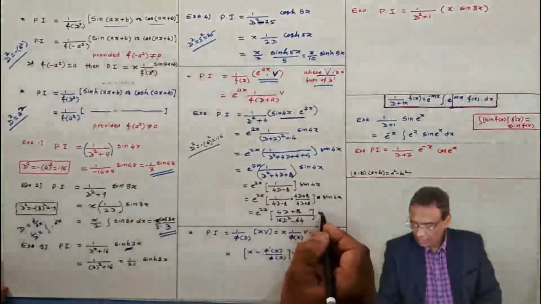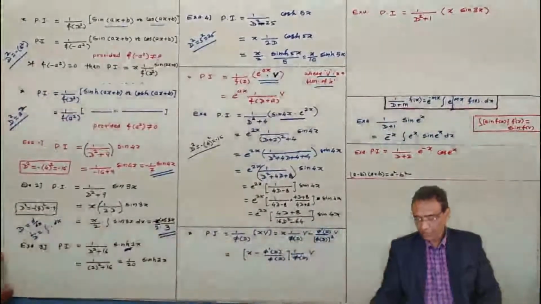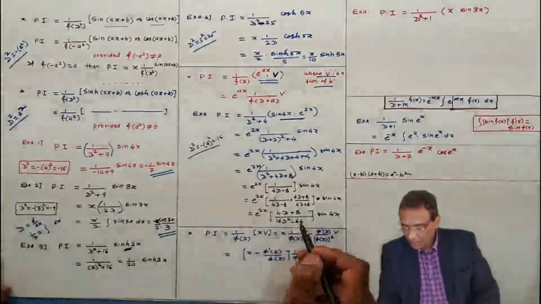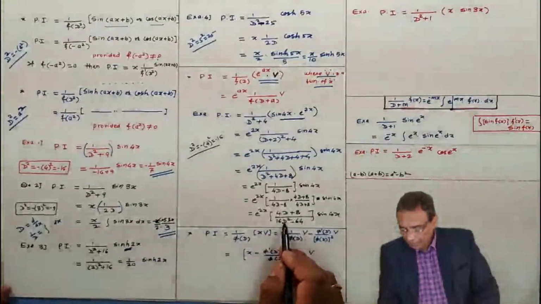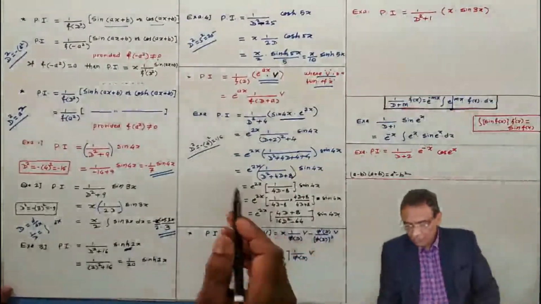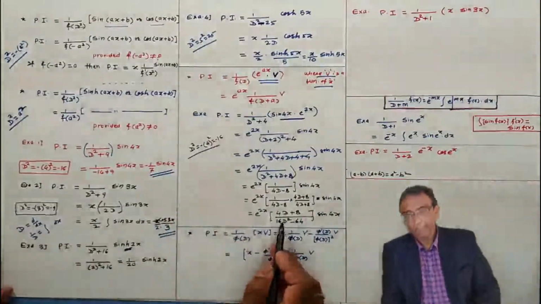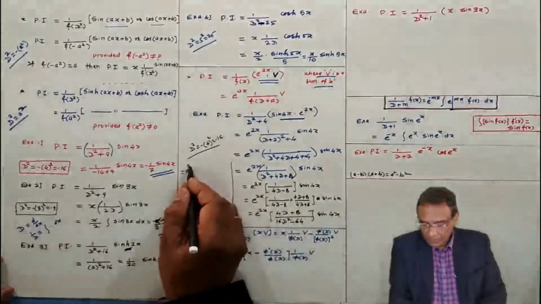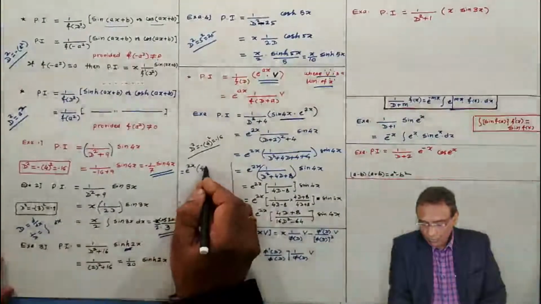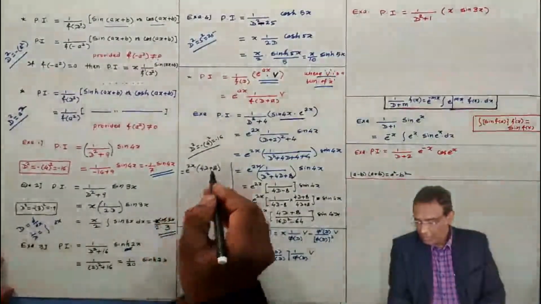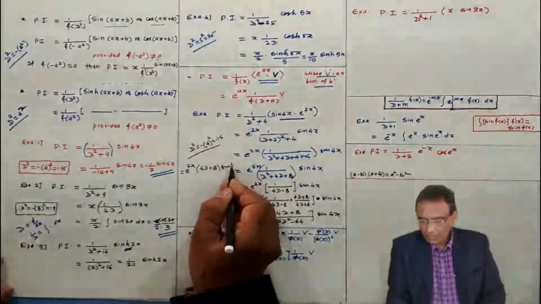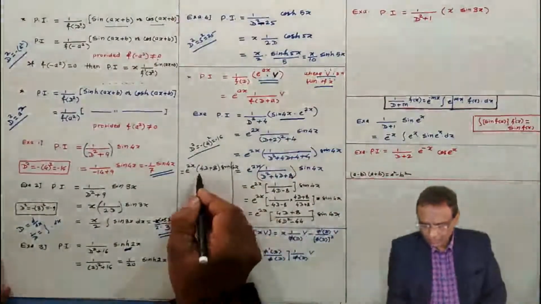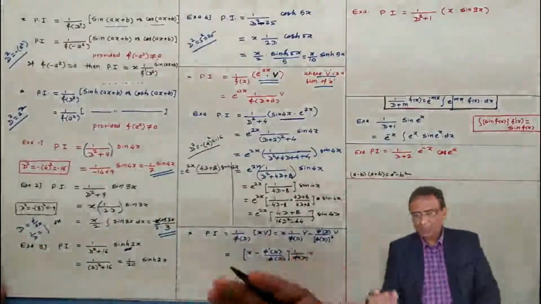Directly writing, because we don't have sufficient space here on the sheet. Anyhow, what we have done is bring d square into the denominator. So replace d square by minus 4 square, which means minus 16. Then the particular integral is 2 e to the power 2x, 4d plus 8. Normally this type of problem will not be there in an online examination, but it requires a number of steps, more than 5 to 6 steps.